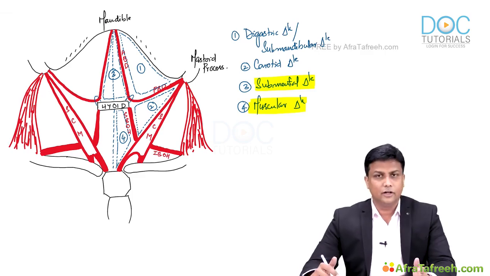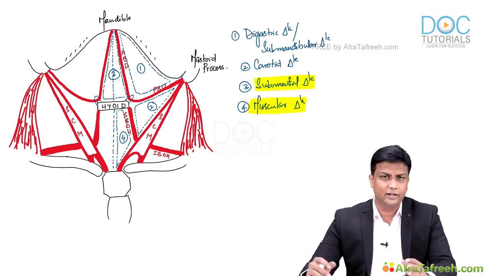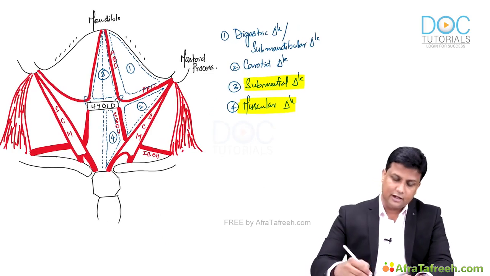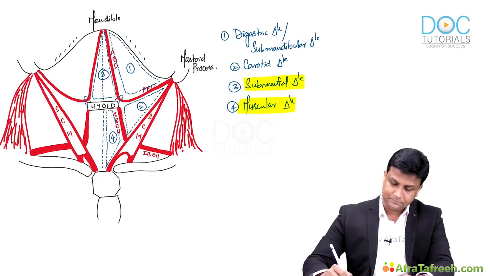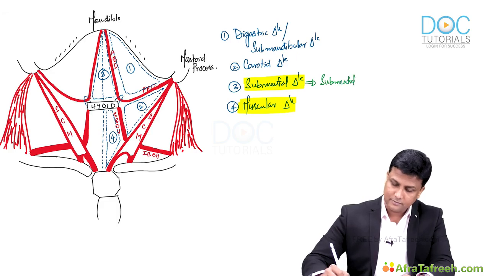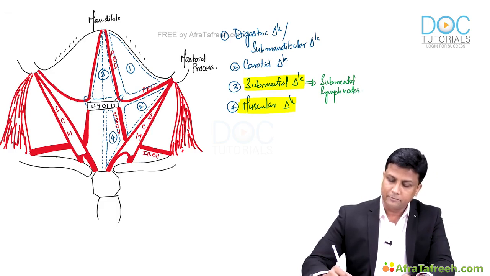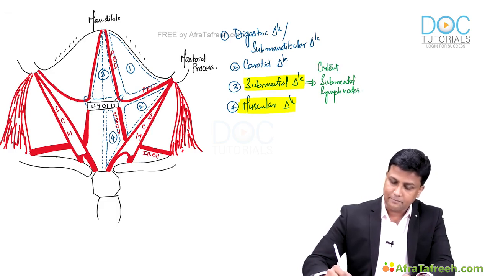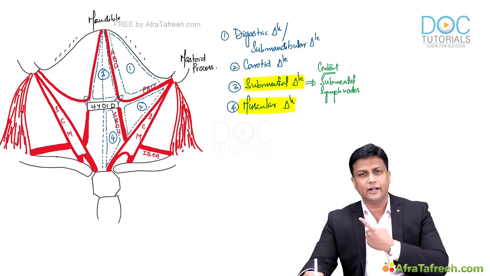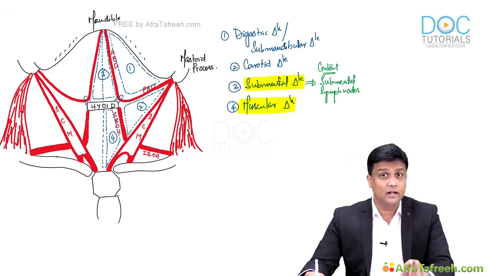Submental triangle, we are already confirmed with the boundaries. In the diagram, you can see the boundaries very clearly. Anterior belly of digastric, and there is a hyoid bone over here, and this triangle below is the submental triangle. And the submental triangle will just have lymph nodes. What is the content of the submental triangle, guys? It will just have submental lymph nodes. That's all. That's the reason why I'm telling you it's not even that important here. It is not even being asked in the exam. So boundaries we are done comfortably with the diagram, and then contents is just the lymph nodes present there,